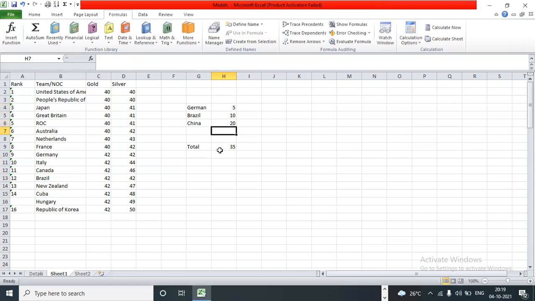It is auto changing. Right now, as we have very little data, you may not feel much difference. But if you have data of, for example, around 200 rows, and you are just changing these values, you can see the difference, right? And one more thing, as soon as I click somewhere here, can you see over here K3? What does K3 mean?